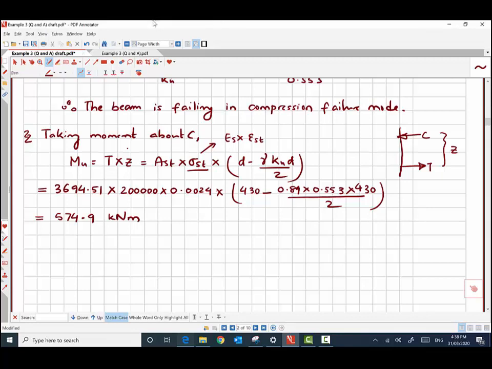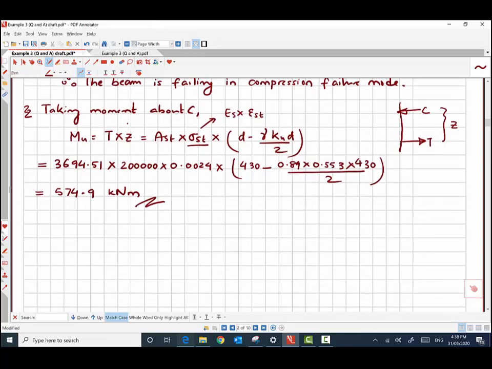Now with this you can find out the design moment capacity as well. For that you will need to know the strength reduction factor. So this was one question that was asked, the ultimate moment capacity. Next, to find the design moment capacity,